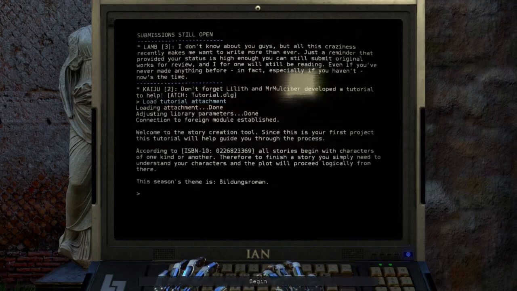Welcome to the Story Creation tool. Since this is your first project, this tutorial will help guide you through the process. According to, all stories begin with characters of one kind or another. Therefore, to finish a story, you simply need to understand your characters and plot. Will proceed logically from there. You don't have to be